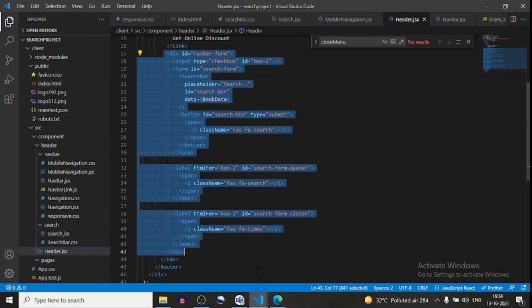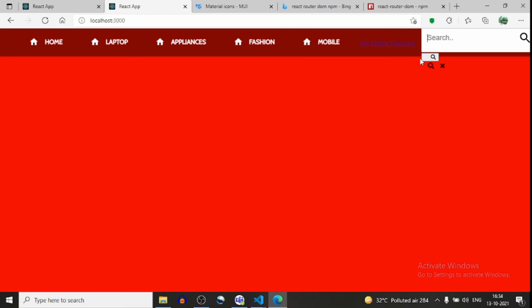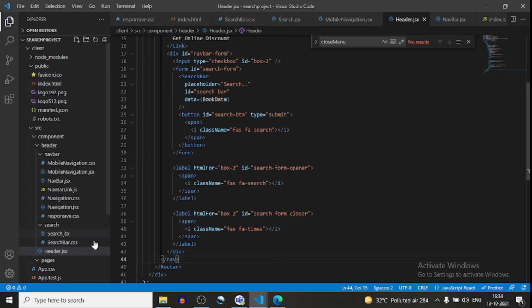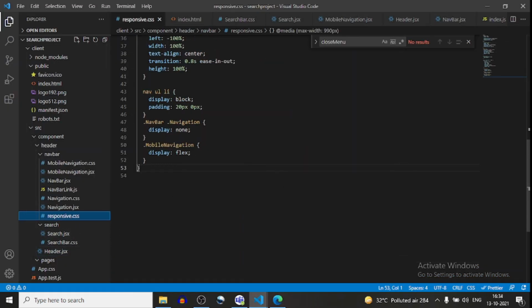Now if I move here, the search form is coming something like this. For that I will go to responsive.css and copy and paste some search form CSS.